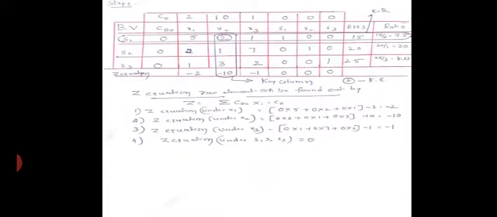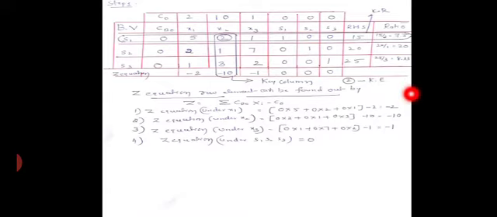What are the old values for S3 here? See here, the old values are 1, 3, 2, 0, 0, 1, 25. Using that, you are going to calculate. The old value is 1 minus the corresponding key column value, which is what? 3. This 3 is common for the entire row now. For all the elements, it will be common. 3 into the corresponding, it will be 5 by 2.